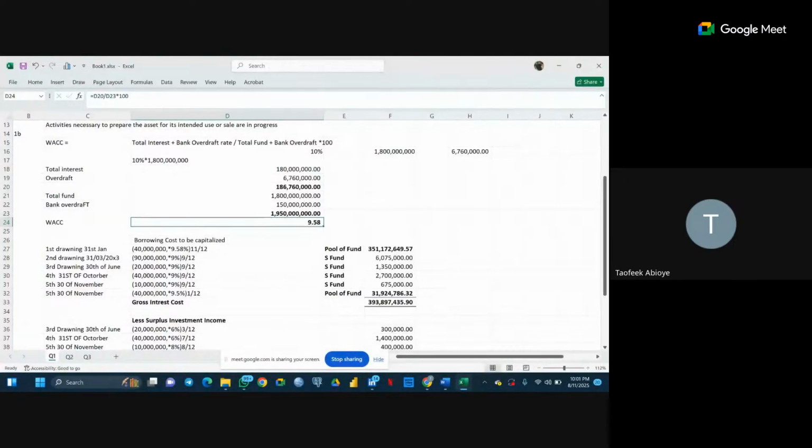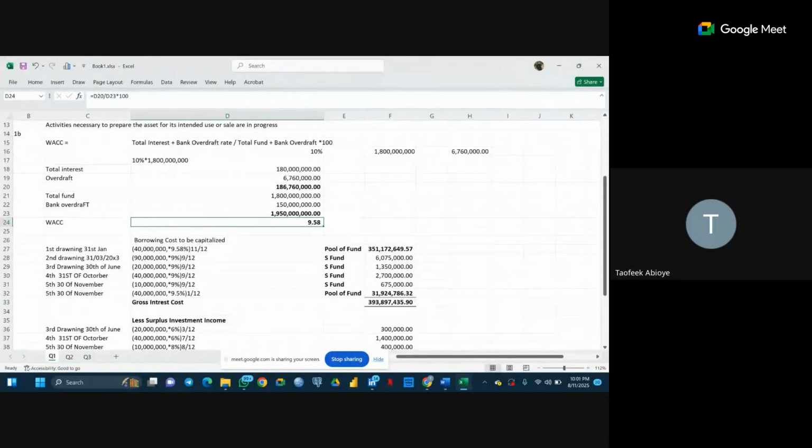In order for us not to be biased, okay, we borrow from company A with a particular interest rate. We borrow from company B with a particular interest rate. We borrow from company C with a particular interest rate. That becomes a pool of fund. For us to have a single interest rate we are going to use to charge all these sources of finance,